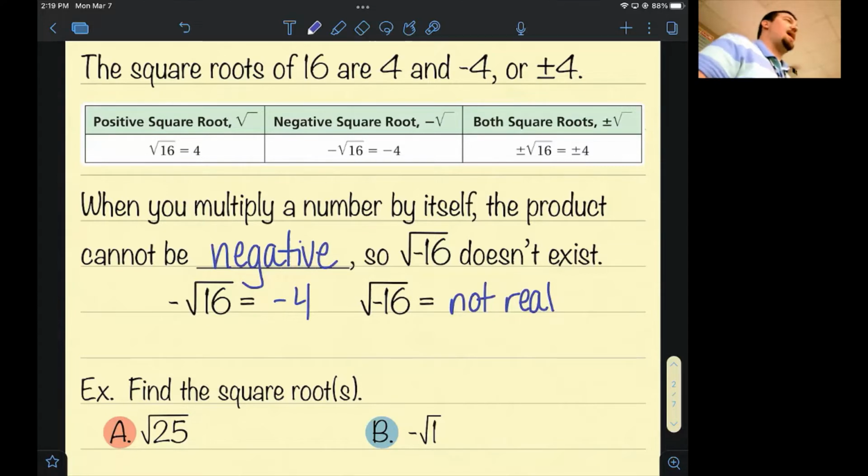Now, when you get into your high school classes, we actually do have an answer for this. Do you guys know what it is? What is the square root of -16? Plus or minus 4i. I'll just write 4i. The i stands for imaginary. If a number is not real, then I guess it's imaginary,